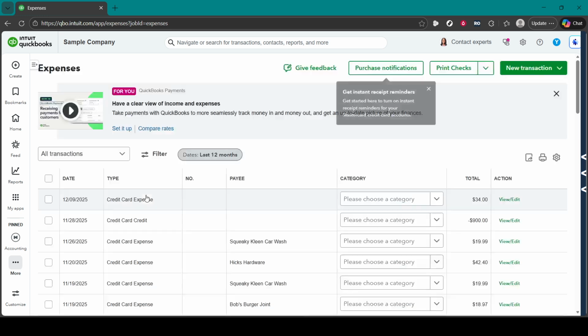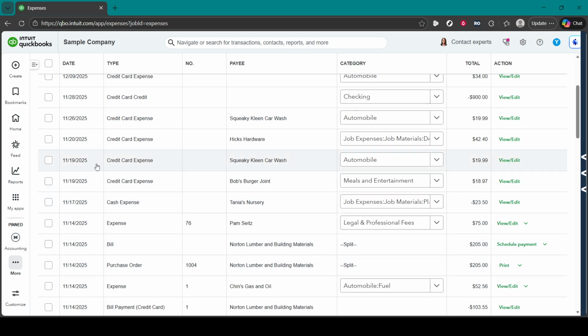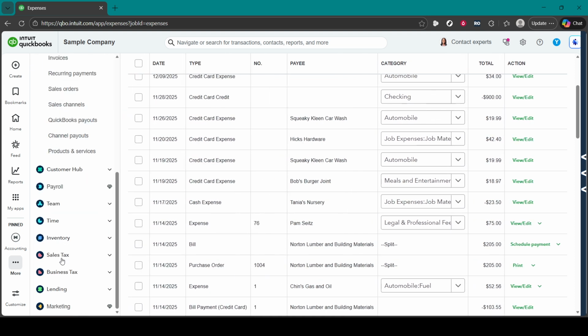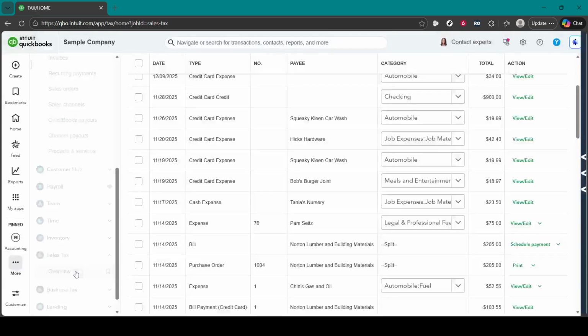When your data looks clean, open the Taxes section from the left menu and review your estimated taxes. This area gives you a quick sense of your potential tax liability based on your books. Confirm the correct tax year is selected and that your business type is set properly so the estimates align with your situation. If you're ready to file within the QuickBooks ecosystem, stay in Taxes, select Income Tax, and choose File